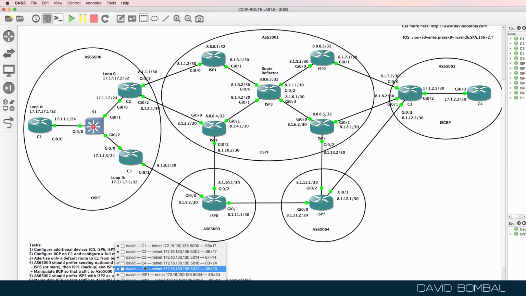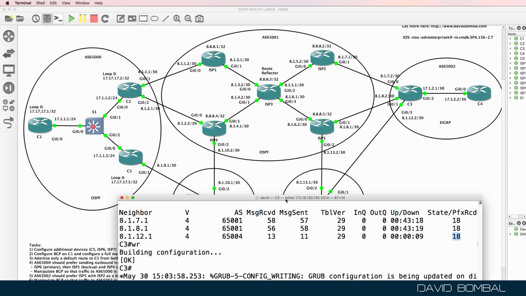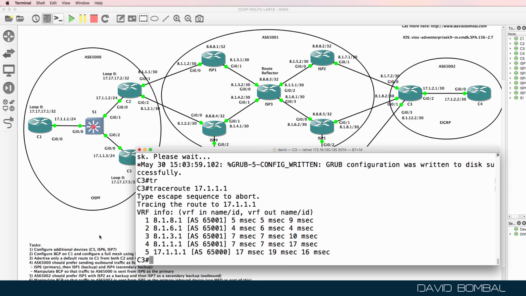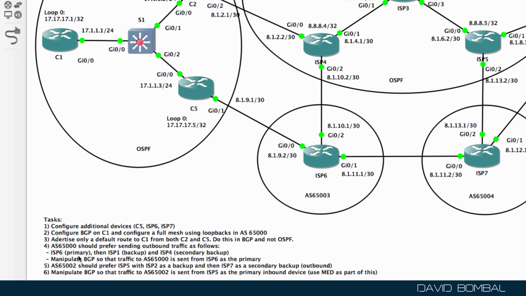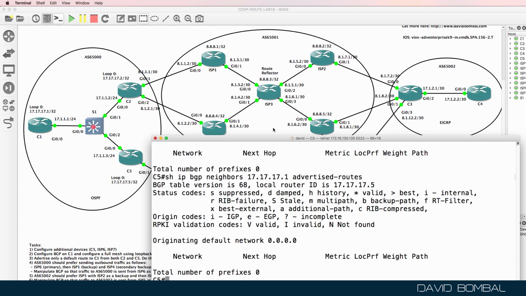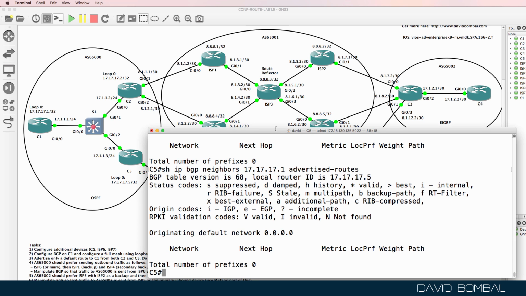In addition, if customer router 3 sends traffic to customer router 1, the traffic is going from ISP router 1 to customer router 2 into the autonomous system. So we need to manipulate both the egress and ingress traffic. In other words, both the outbound and inbound traffic to the autonomous system to use ISP router 6 as the primary path. So what I'm going to do on customer router 5 is use a local preference to manipulate the